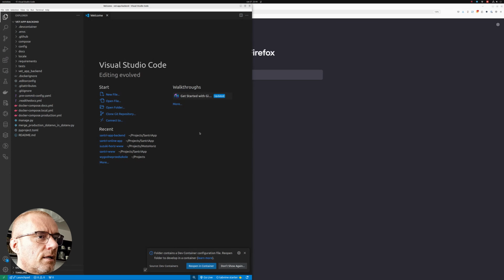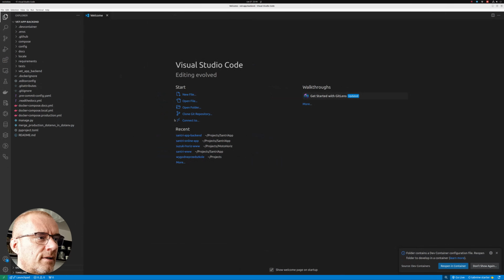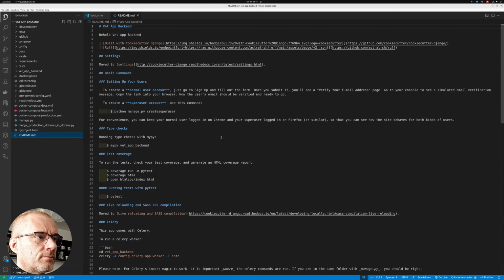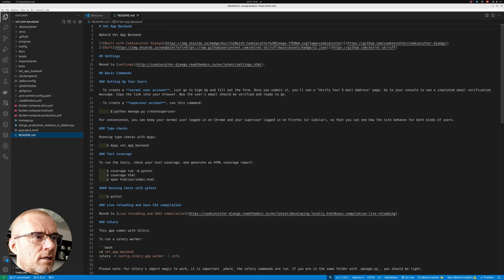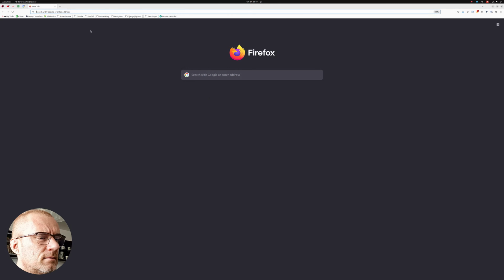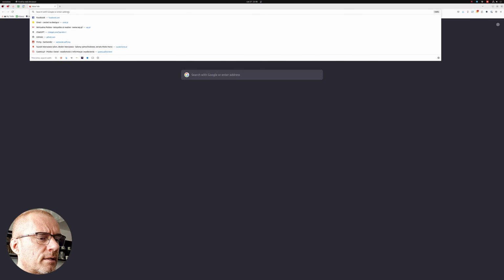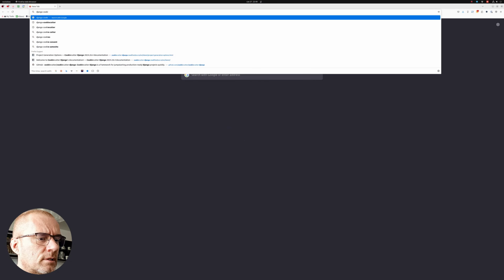The first file, I think always the most important file in every project, is the readme.md, and we have a prepared readme.md file. As you see here, we have the instructions on how to use this repository, how to use this project, and how to install it. But I think it's related to the virtual environment, so we will skip it,